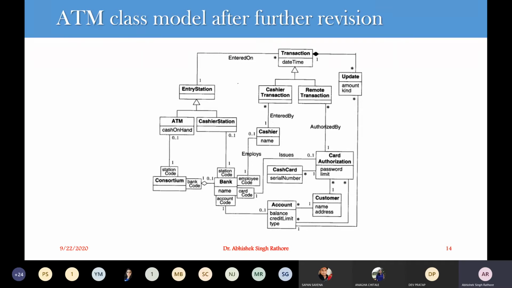All updates are considered to be a single transaction, and this single transaction can be processed together as an atomic unit. And if any one fails, let's say the withdrawal fails, then the whole transaction can be cancelled. So this is how we can add some associations or some attributes as classes to turn our ternary relationship into binary relationships.